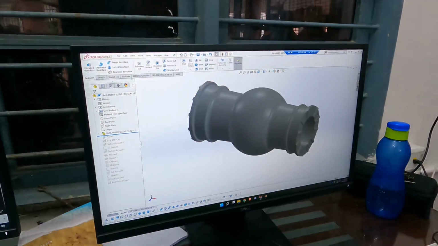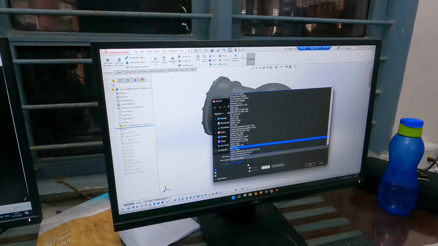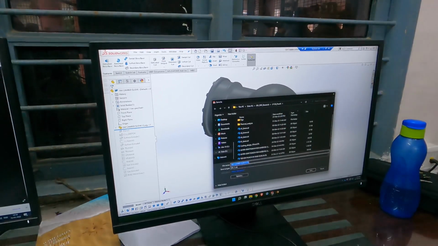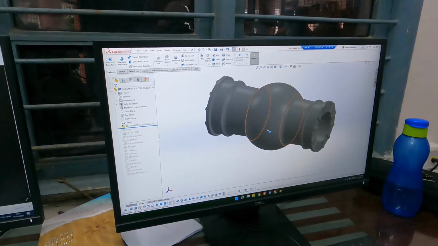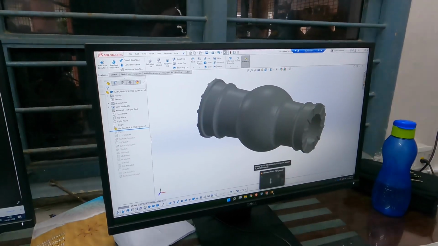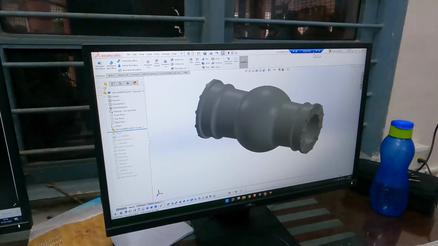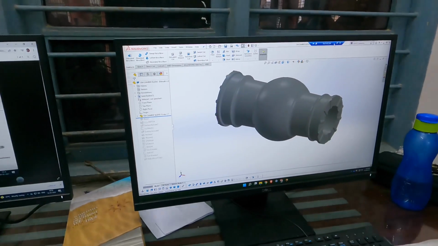In SolidWorks you can also save as an .stl file, for example cambridgesleeve.stl. So these are the designing software that you can make use of for designing components for additive manufacturing.